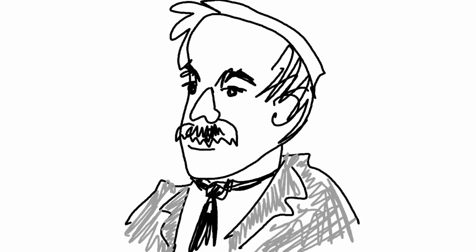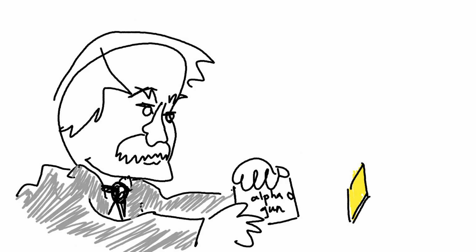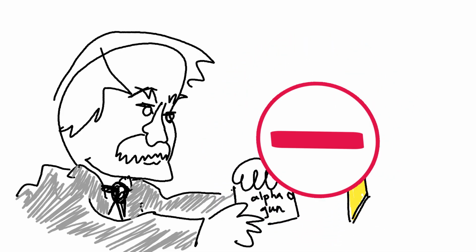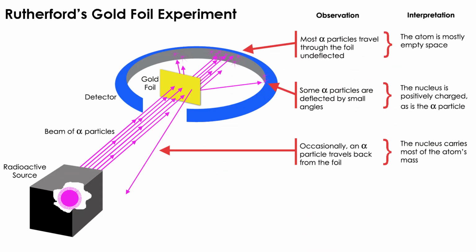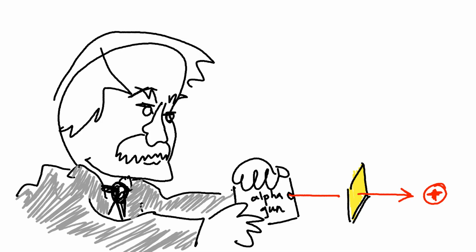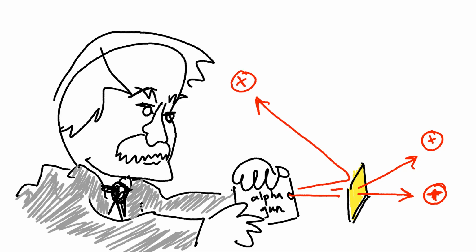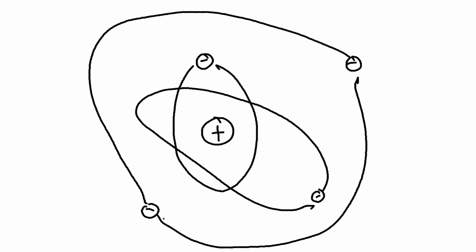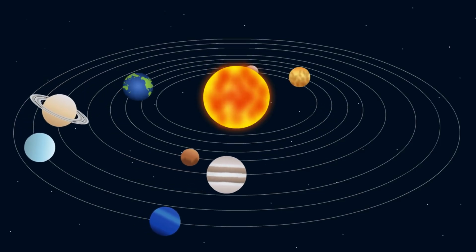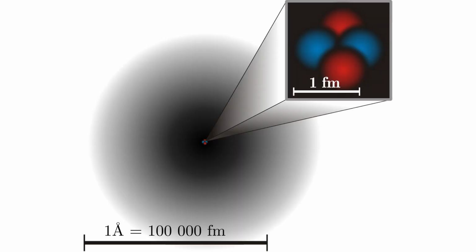He wanted to test Thomson's idea, and he fired massive positive particles called alpha particles at a thin bit of gold foil. He expected all of them to pass straight through, which most of them did, but some got deflected, and even more bizarrely, some bounced back. This meant that atoms have a tiny, dense, positively charged nucleus at the centre, with electrons orbiting around it like planets orbiting around the sun. He also came to the conclusion that atoms were 99.99% empty space. Pretty clever.